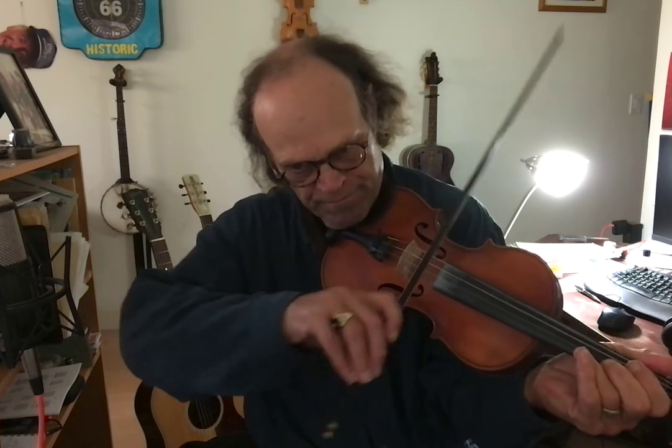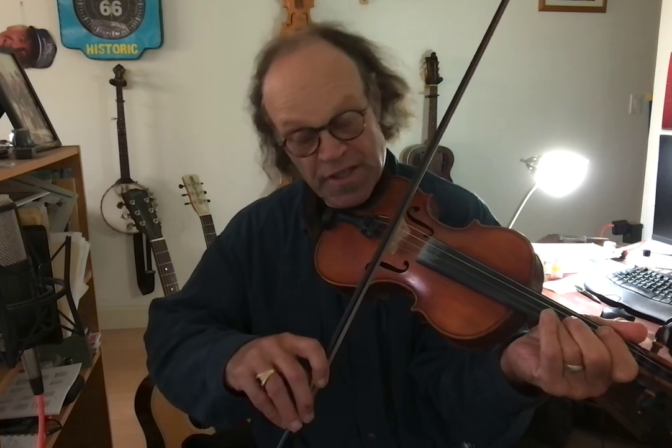So, we'll start with the key of G. I'm going to start with a G scale. That's the G scale in the low register, and then if I carry it onto the upper register,